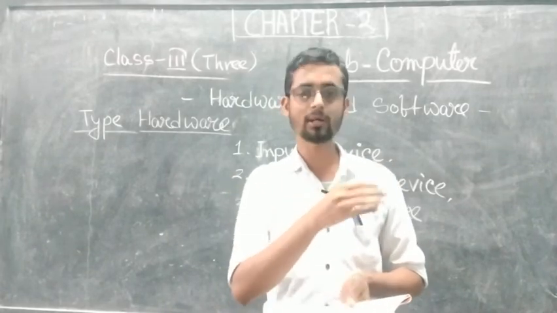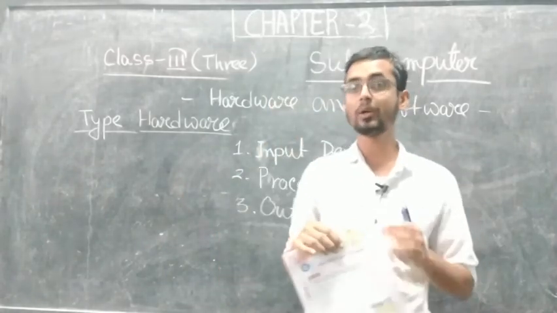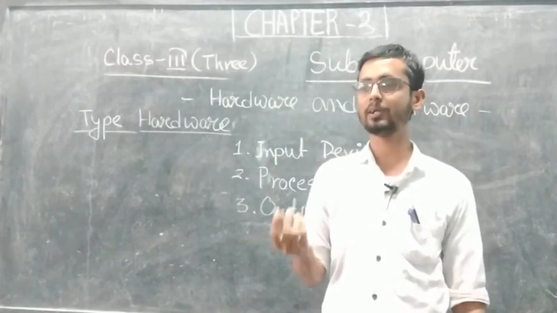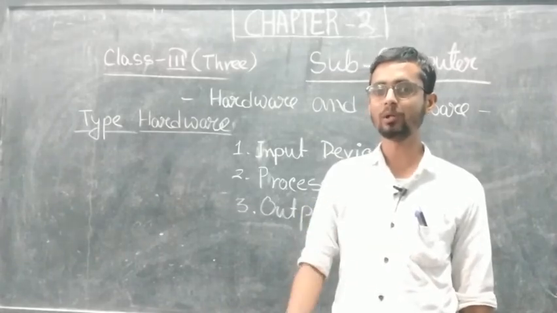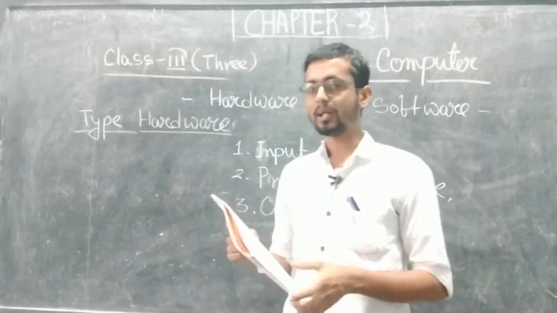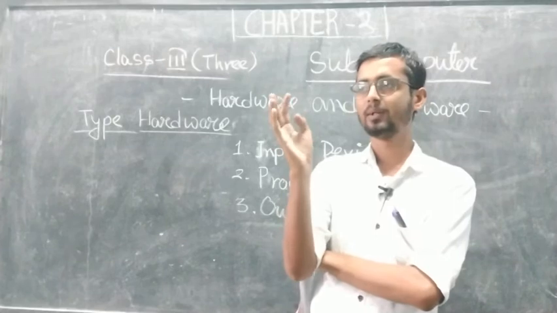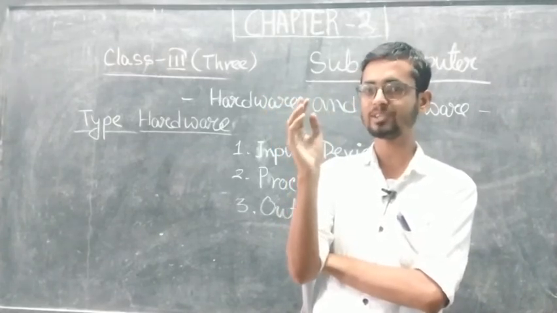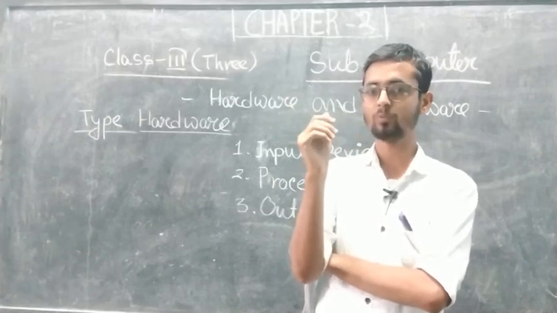What we install in a computer to run or process any data or calculate any mathematical operation or any other tasks related to our education or other activities, these all applications are called software. There is a process in a computer called the IPO cycle, that means input, processing, output. The computer works through this process. First is input.